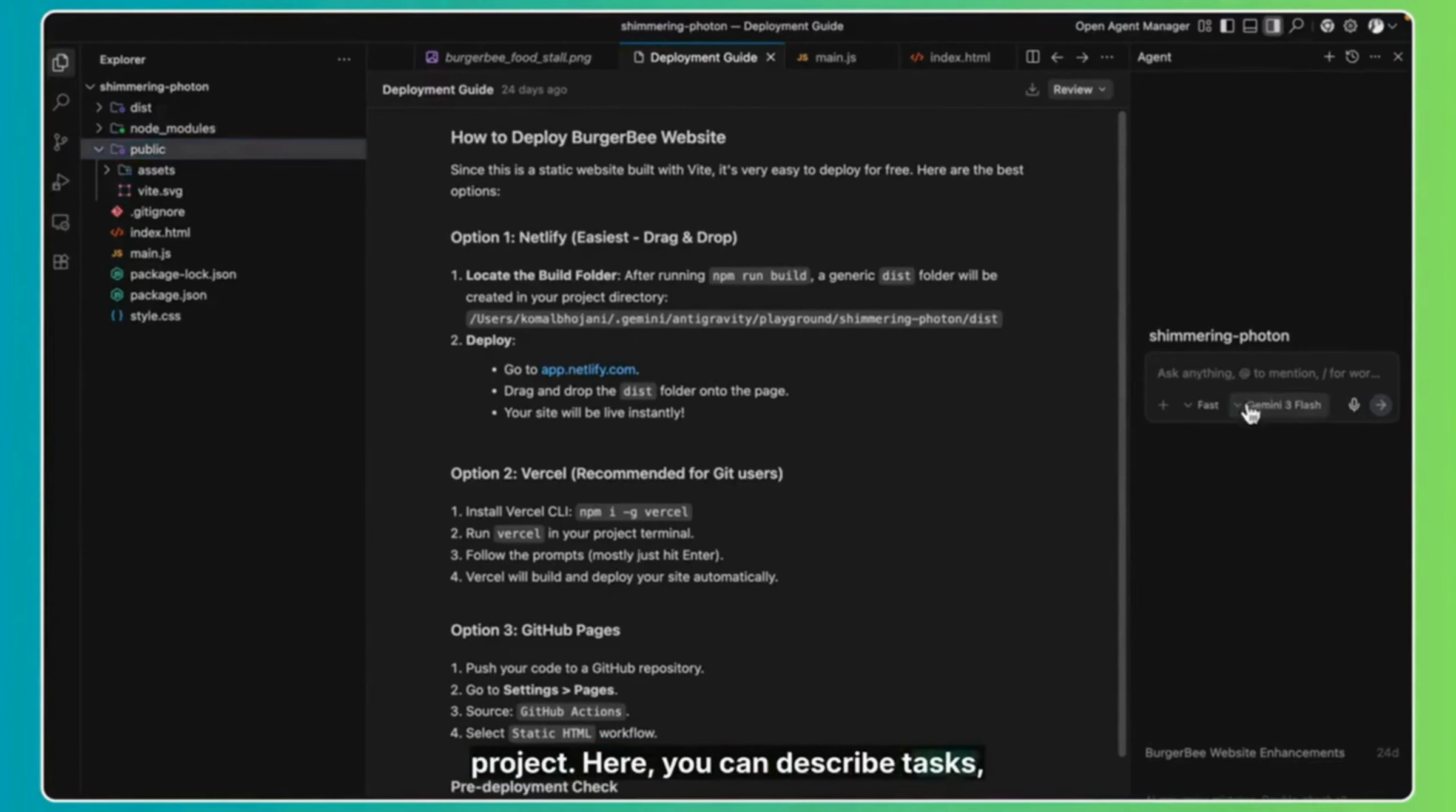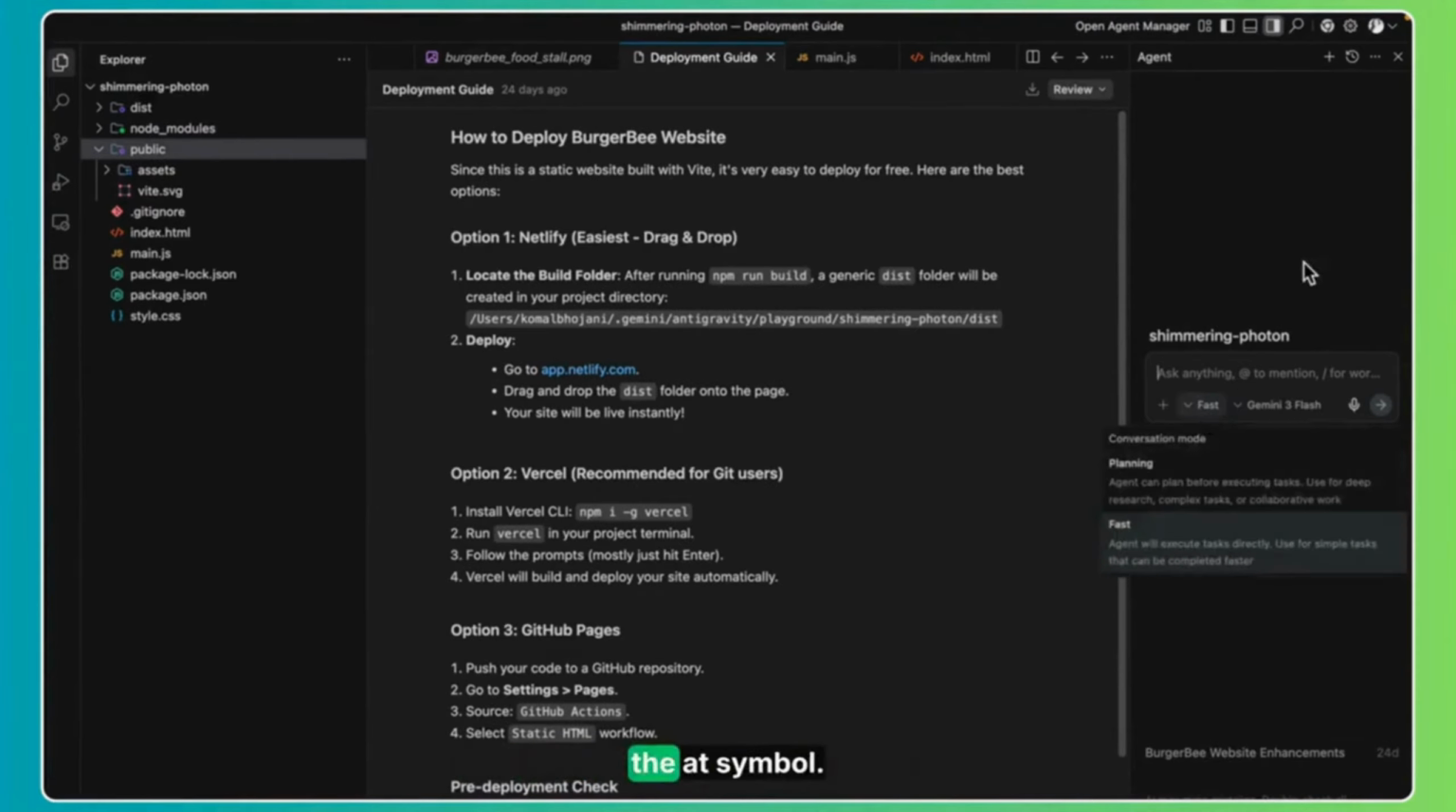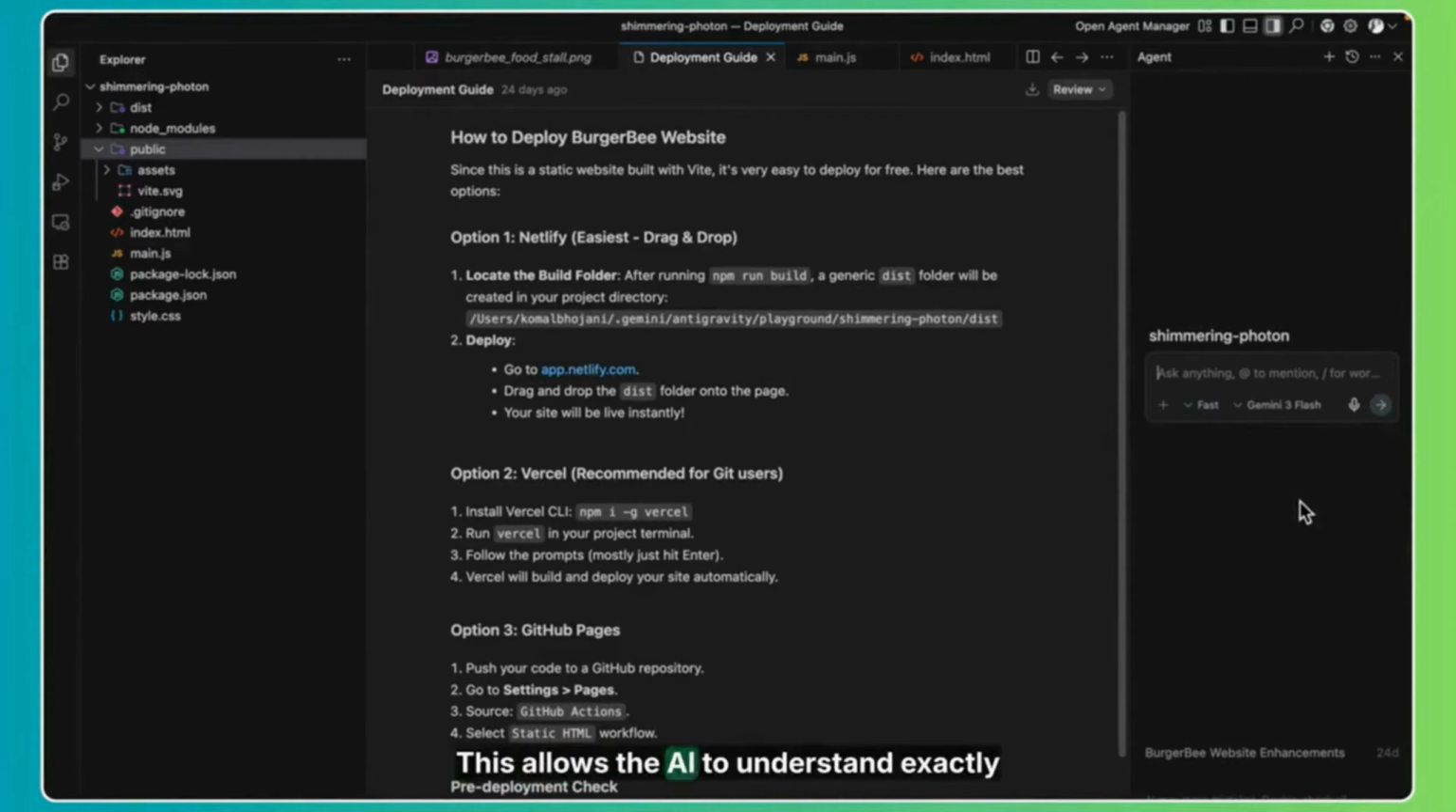Here you can describe tasks, give instructions, and even reference specific files using the @ symbol. This allows the AI to understand exactly which part of the project you're talking about. Another interesting thing is that you can attach images directly into the chat. This means you can show the AI how a UI should look, and it will try to implement that design